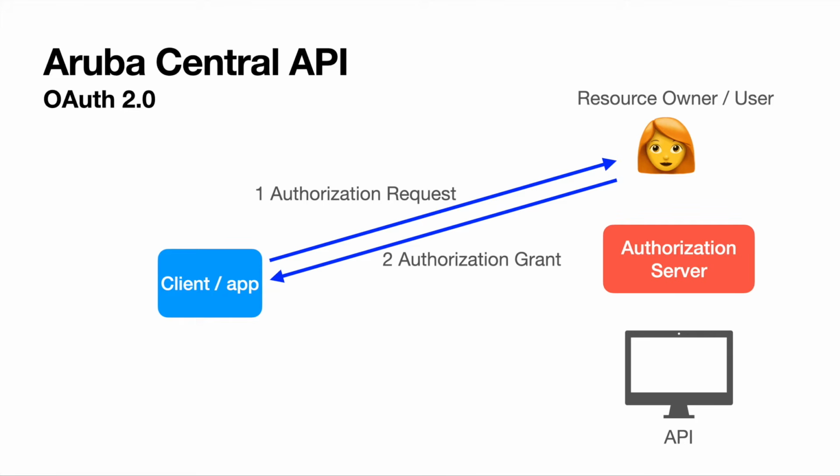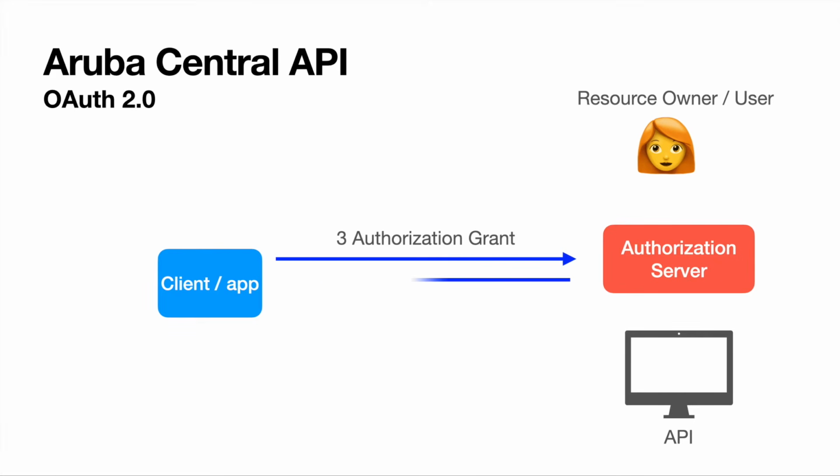So it's not the resource owner that's logging in directly to the API. The application is logging in on behalf of the user. So this is where we see this separation between the user and the application. The application asks the user, can I have access to the API? Can you give me an authorization grant? And if the user wants to, they send back an authorization grant, which the application uses to interact with the